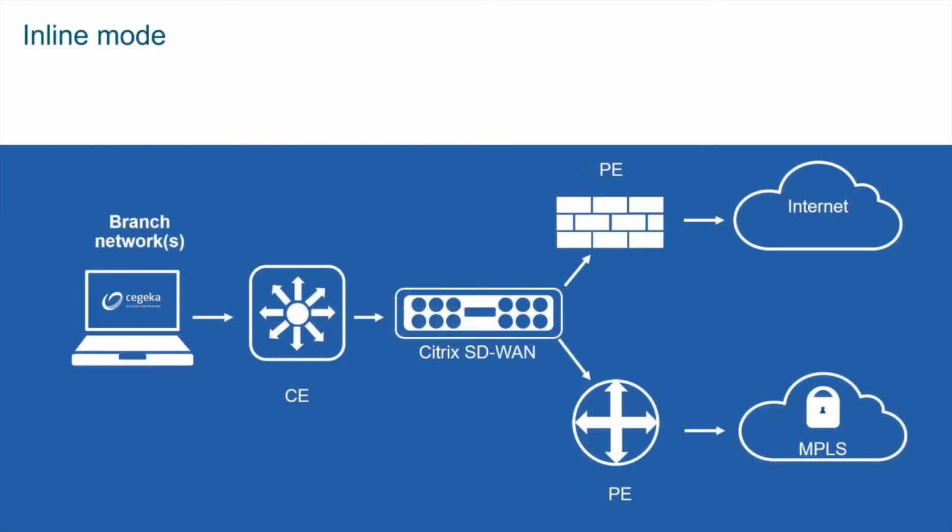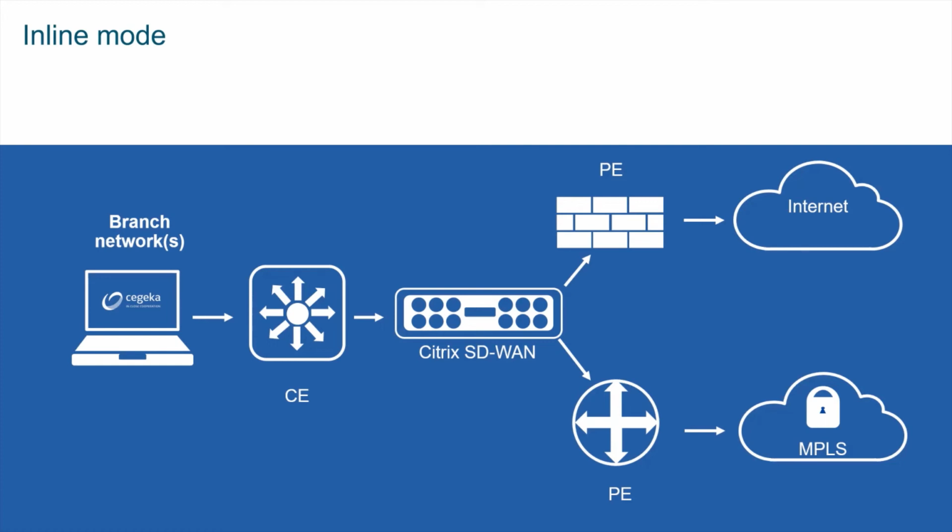Next up is your inline mode, where your Citrix SD-WAN is behind your router, still connected to your internet and MPLS connection. It is transparent behind your router, so no need to change routes. The SD-WAN picks up the traffic flowing through the box and makes the right decision on which connection to use. So that could depend on how busy one line is or the other line is, or other details. This inline mode has a special feature called fail to wire, and we'll be talking about that later on in